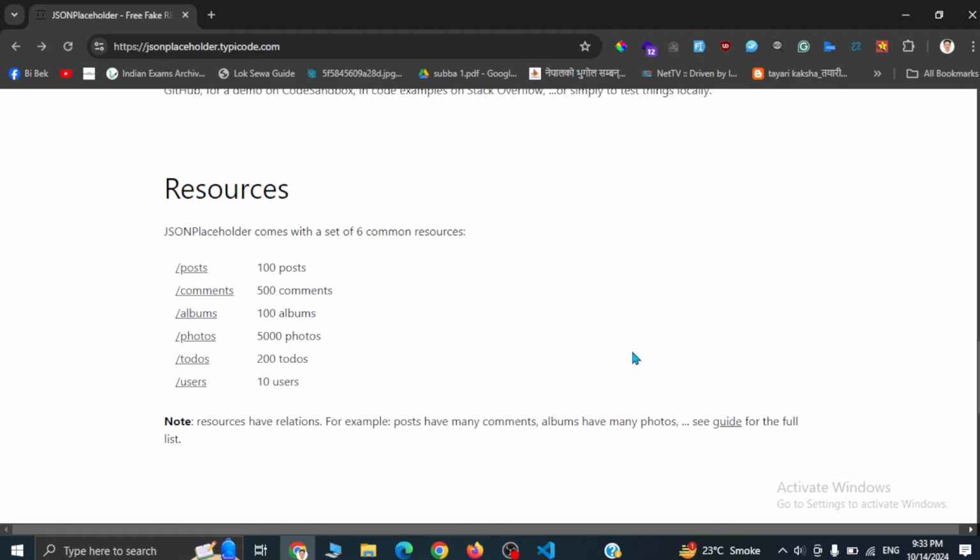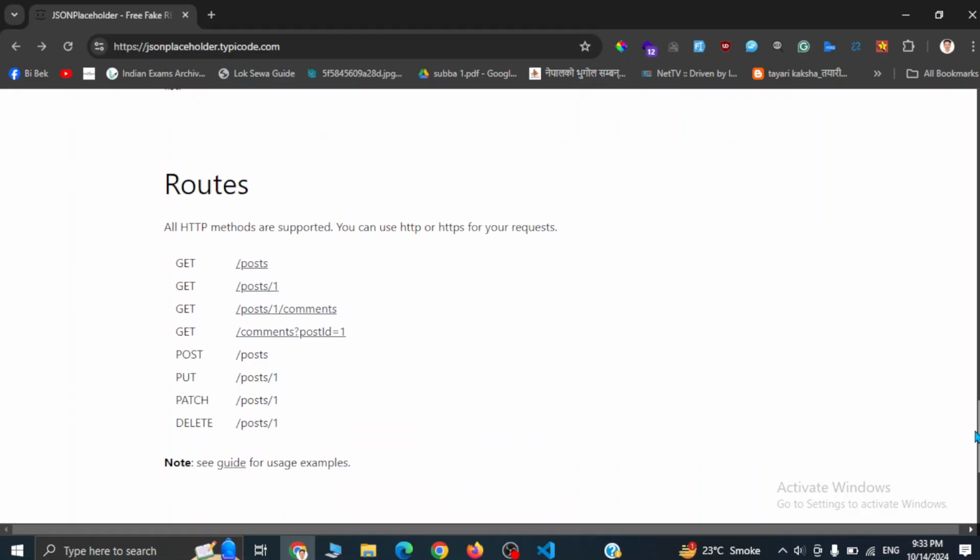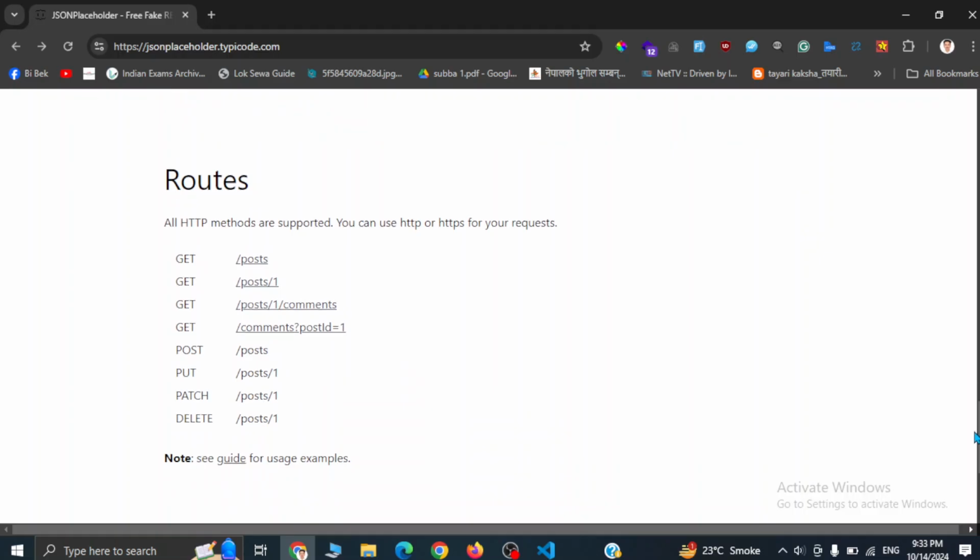etc. So we can make different types of REST API calls like get request, post request, patch request, delete request, etc. Here, if you scroll further down, you can see under the route section, here we can make get request in the slash post endpoint to get the list of the posts, and we can create a new post by creating a post request, and we can edit by using this put and patch request, and we can delete by